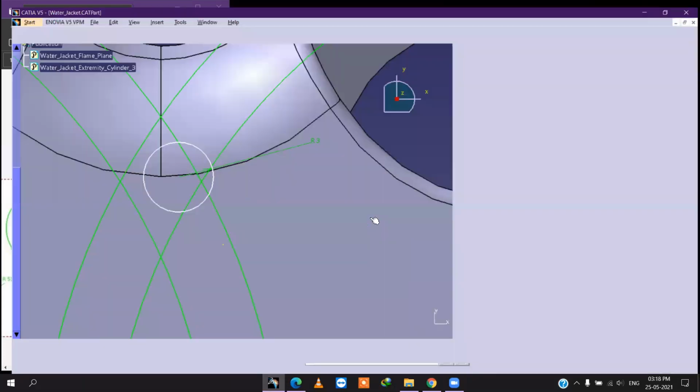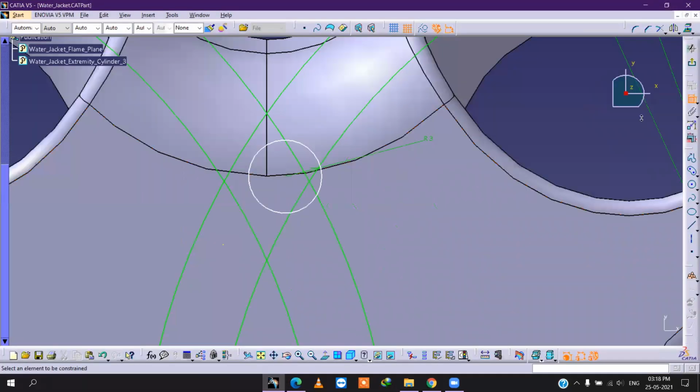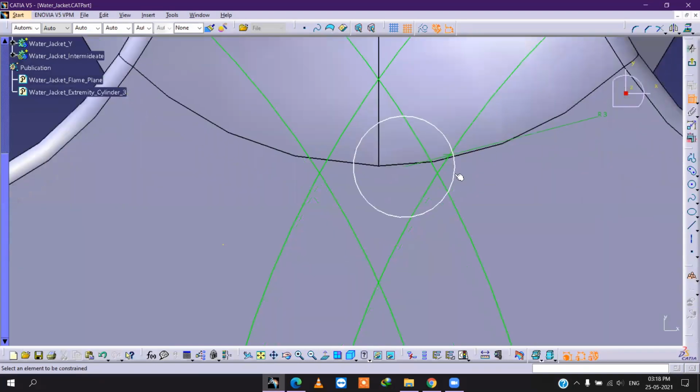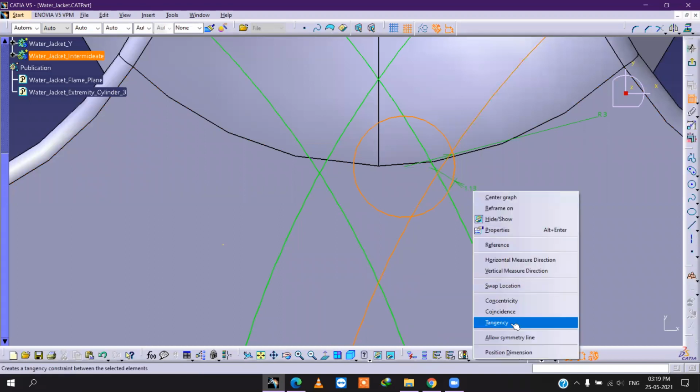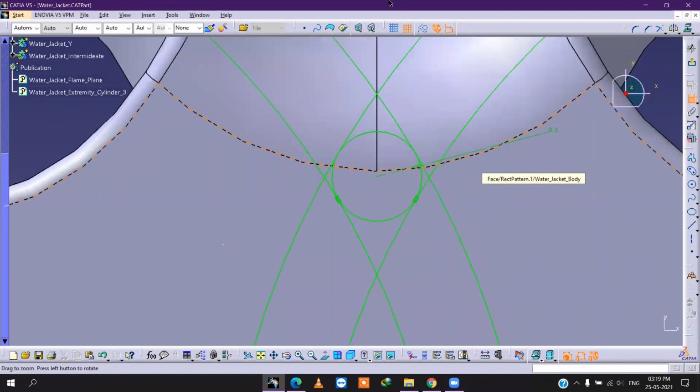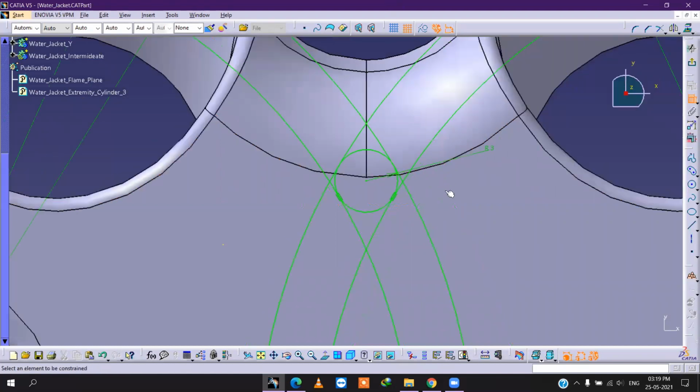Wait. This one to this one, tangency, this one to this one, tangency. Okay.